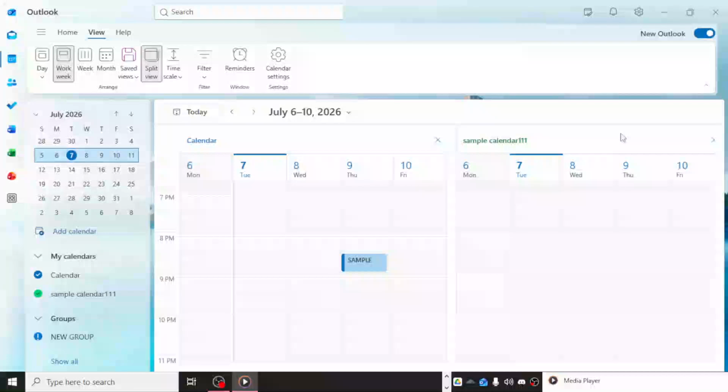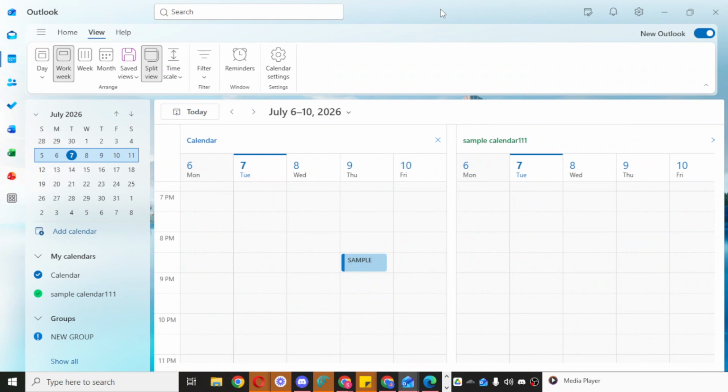In today's video, I'm going to teach you how to hide appointments in Outlook Calendar. If you want to keep a calendar item more discreet in Outlook, the good news is that the process is very quick and easy. This can be helpful when you have a personal appointment, a confidential meeting, or any event details that you don't want other people with calendar access to easily view.